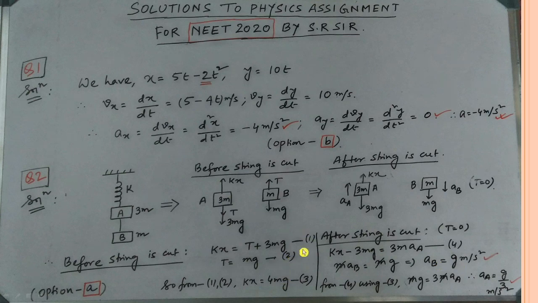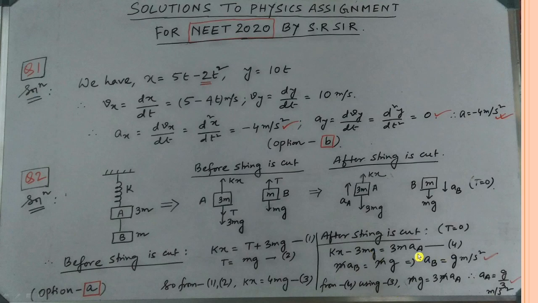After solving these two equations, from 1 and 2, we get Kx equal to 4mg. We substitute mg for T, since T is equal to mg. So mg plus 3mg gives me 4mg. So Kx equal to 4mg. This is equation number 3. So using 3 in 4,